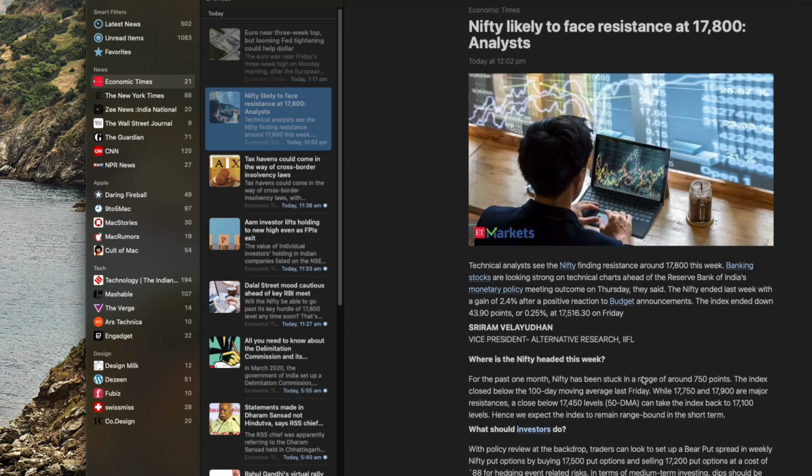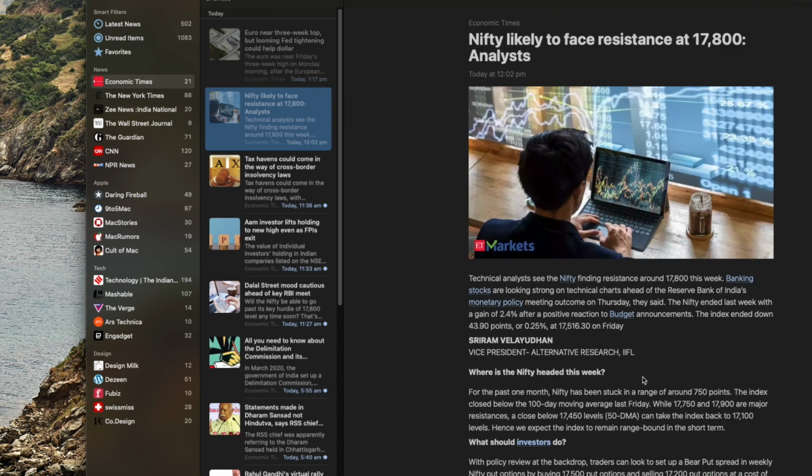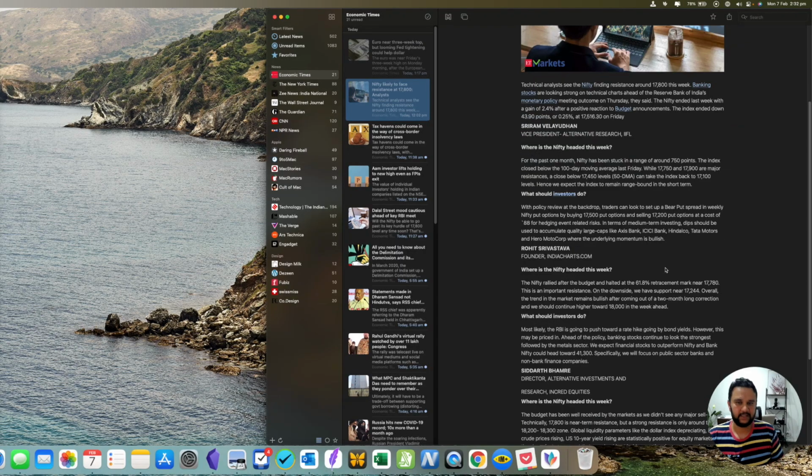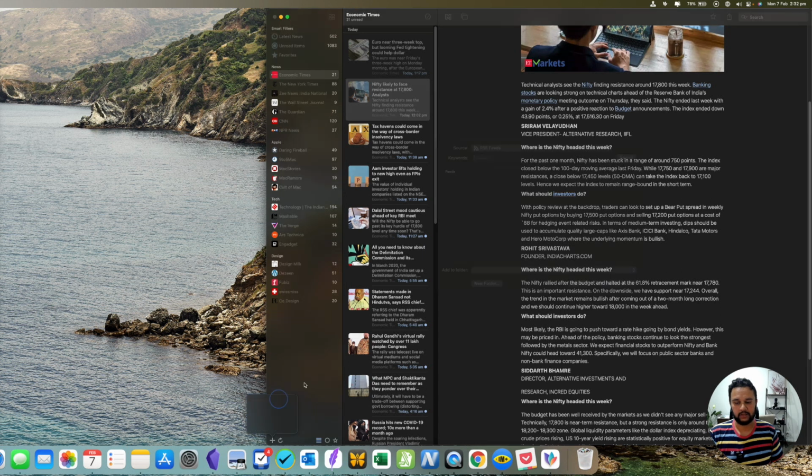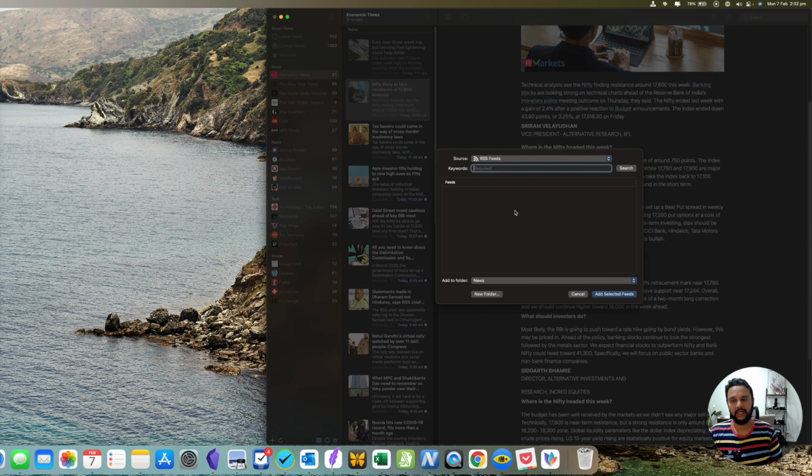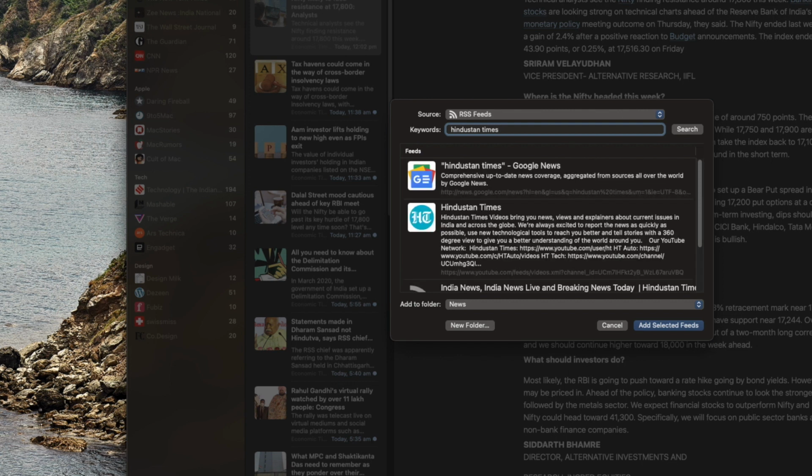So this view, this is just a reader's view. So actually it does not have any advertisement, nothing on the side. Amazing app. This is called News Explorer, and adding a new feed to this is very simple. I just click on plus over here, click on search new feeds. So say if I want to add Hindustan Times over here, I can just search for that